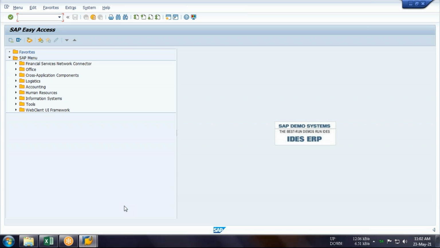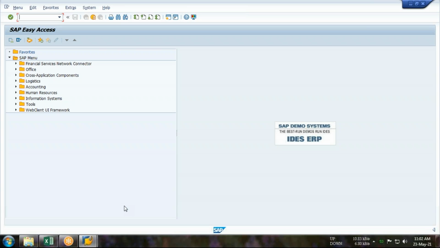Guys, in SAP, if you want to post anything in your company code, like vendor invoice, customer invoice, GL document, remember one thing. There must be a document type for this posting and a document number range.